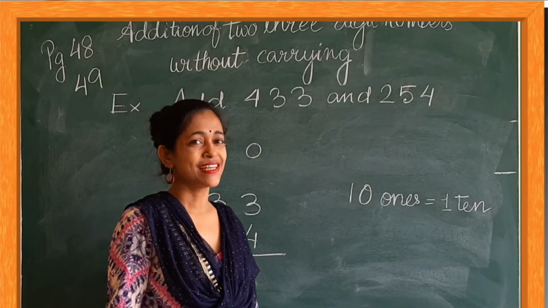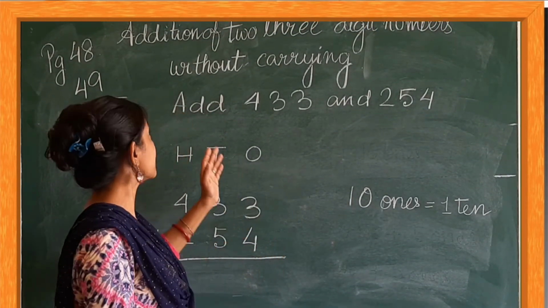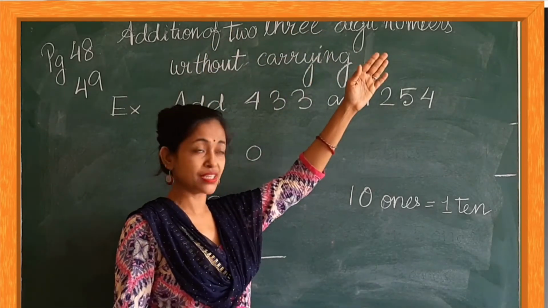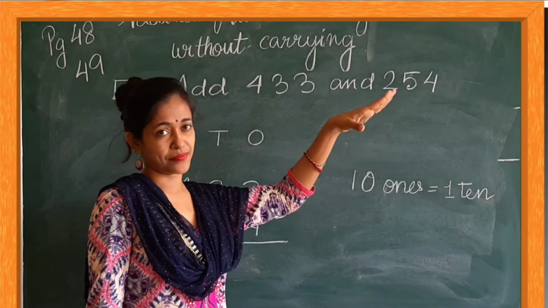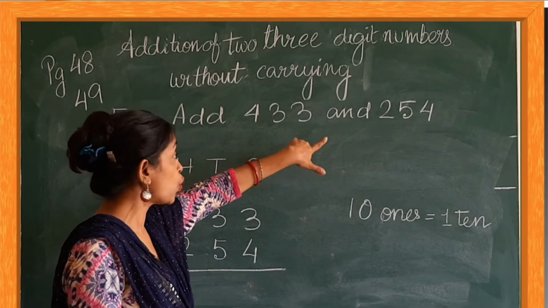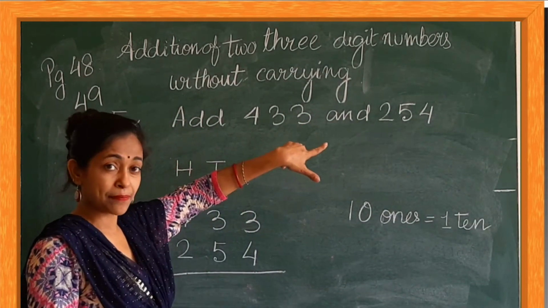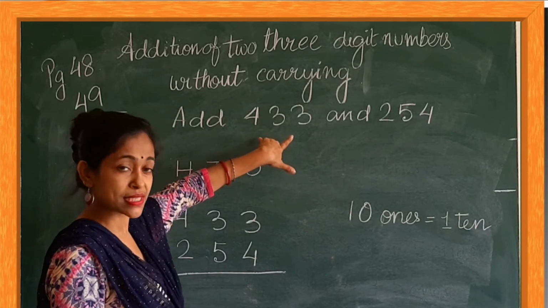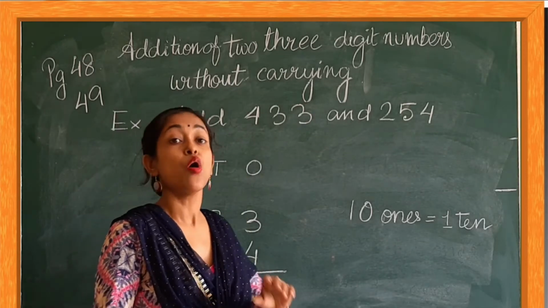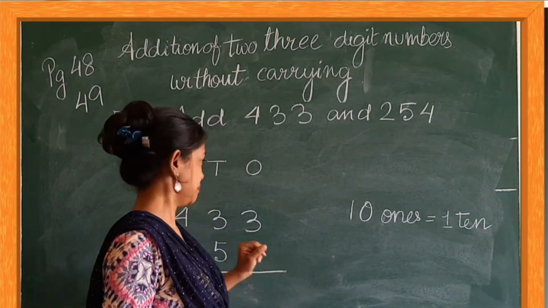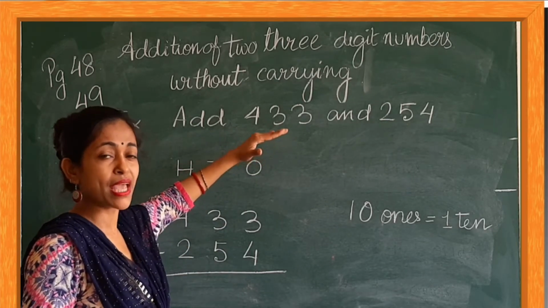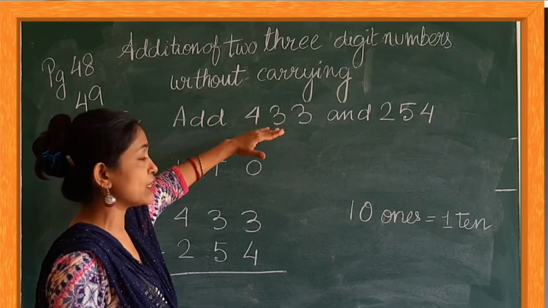So, my dear kids, let's start today's class with addition of 2 3-digit numbers without carrying. आज हम शुरू करेंगे 3 डिजिट नंबर्स, 3 डिजिट नंबर्स लेंगे. 2 नंबर्स है, see 2 numbers are here. So 2 3-digit numbers without carrying. Okay. So let's start. Whenever you are having 3 digits, जब भी आपके पास आप देखोगे कि 3 digits दिया